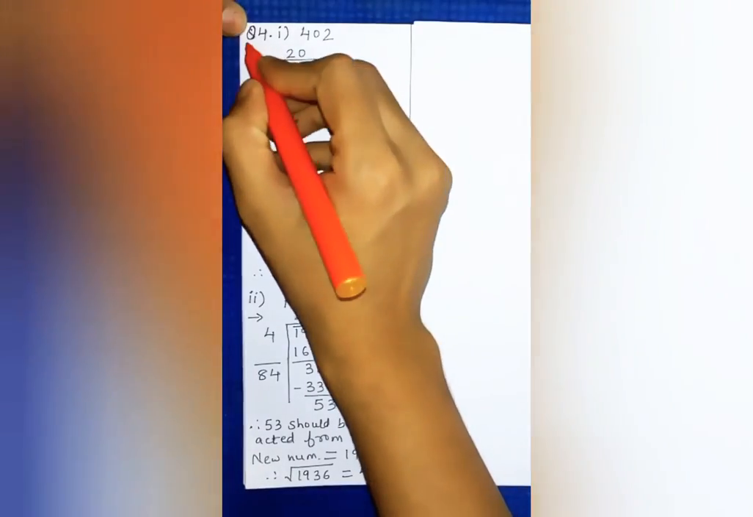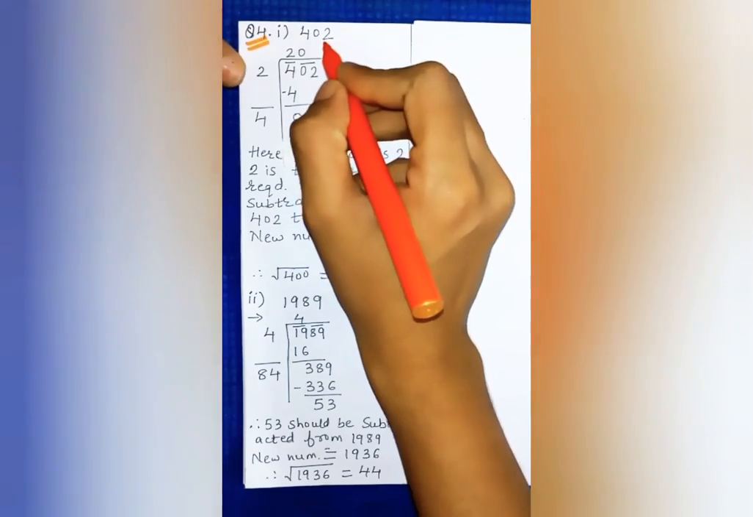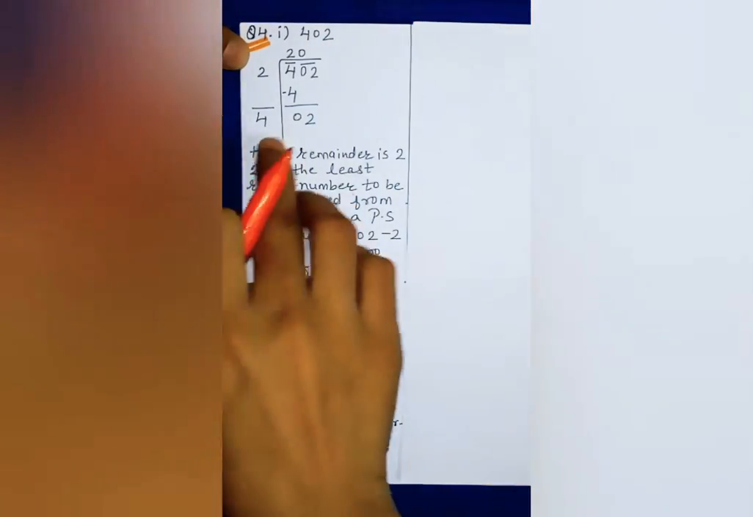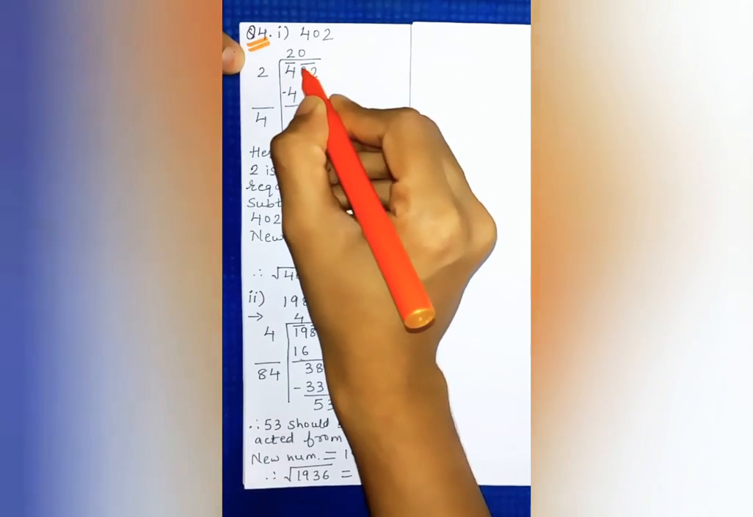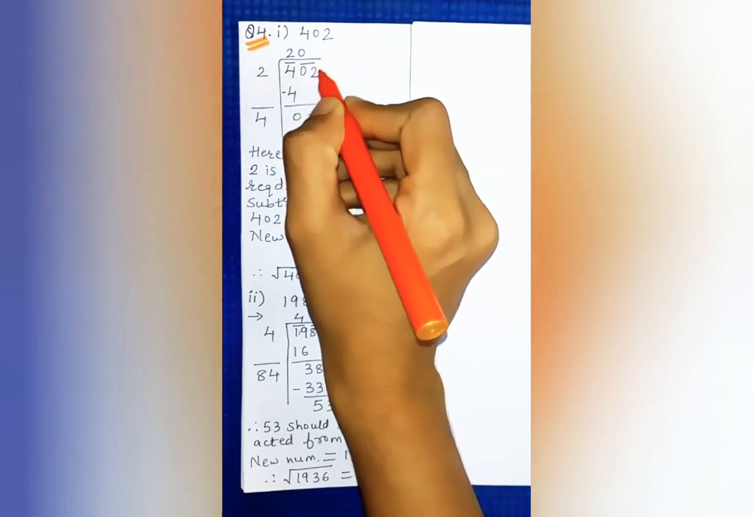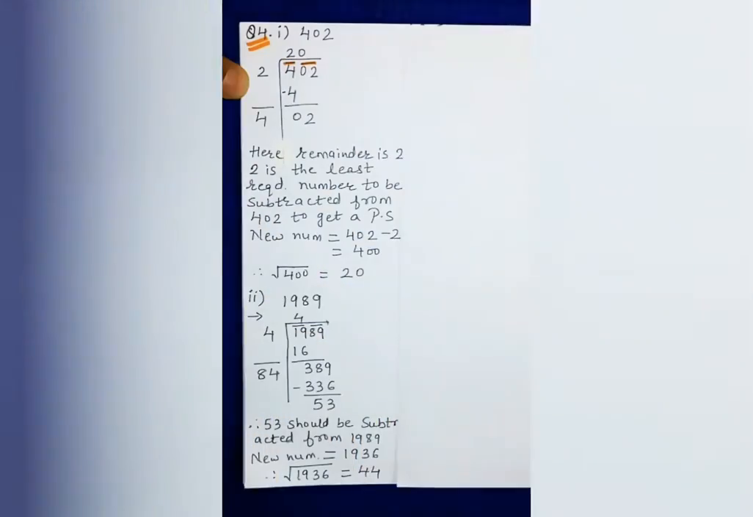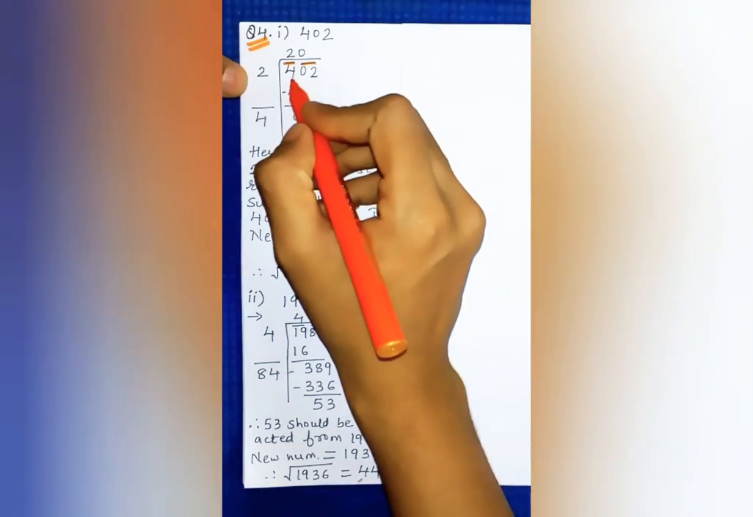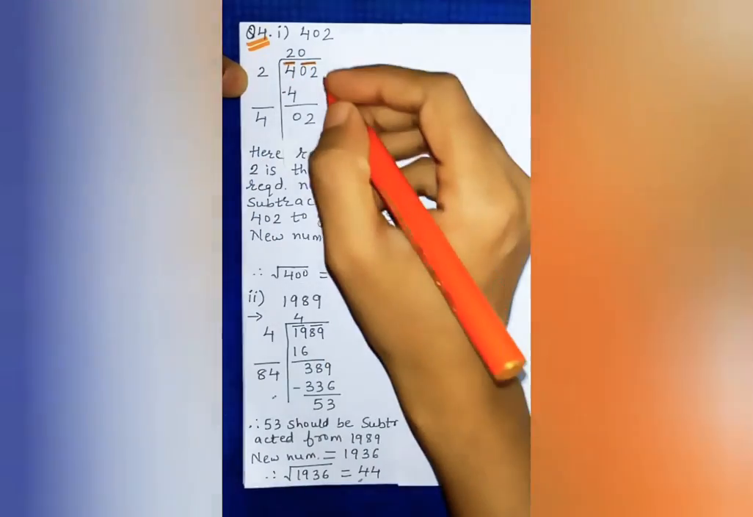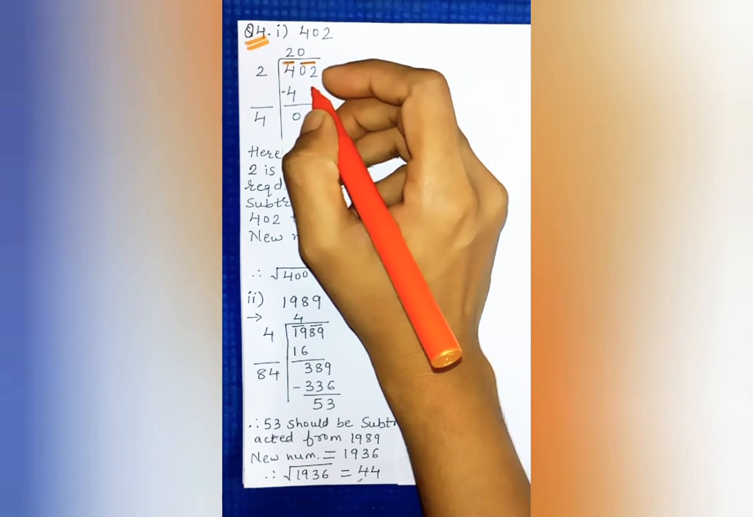So first one in question number 4 is 402. First we will divide it by the long division method. First step is we will draw the bar and we will make 2 pairings. So this way one bar will come and here a second bar will come. Now we will start division. So 4 is the first digit. Now we have to think which perfect square number we will take so that it is less than